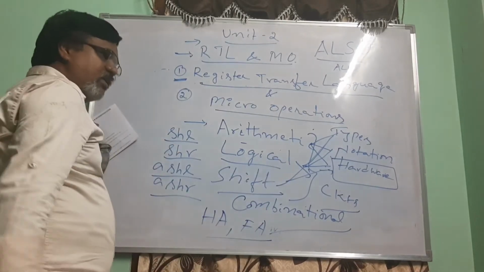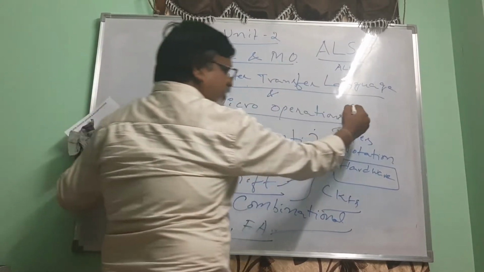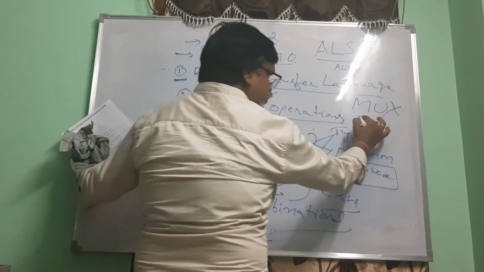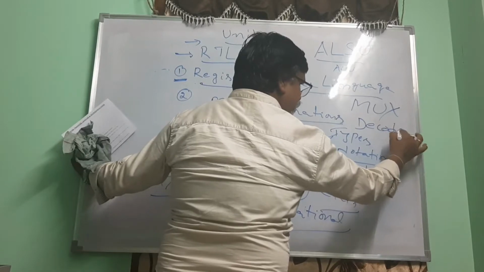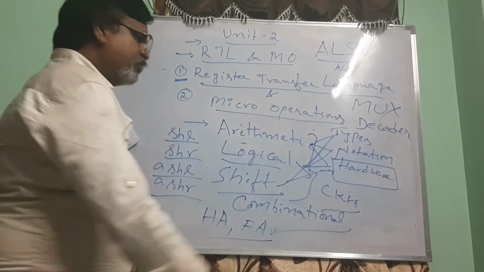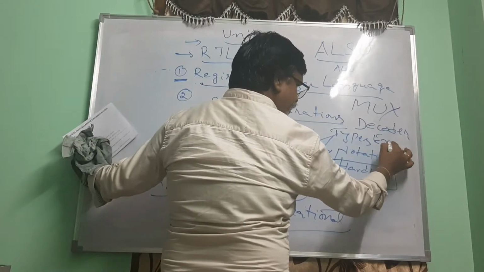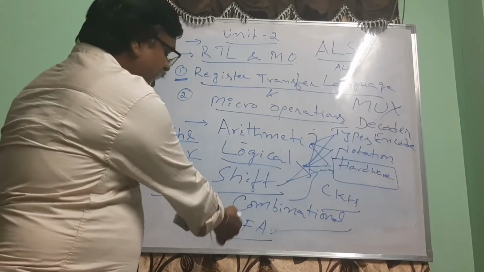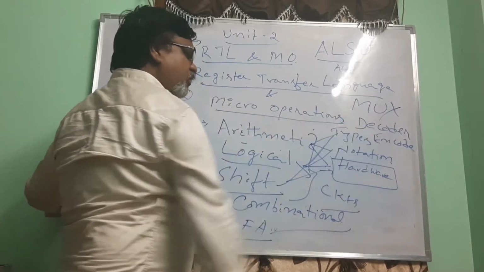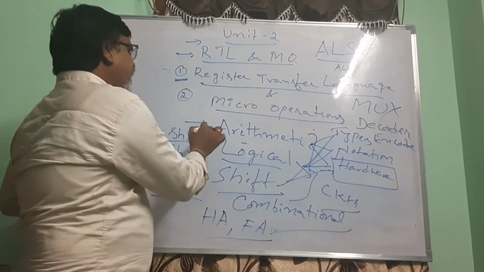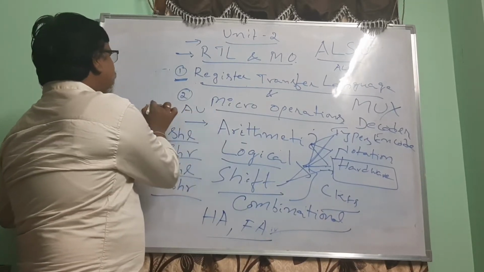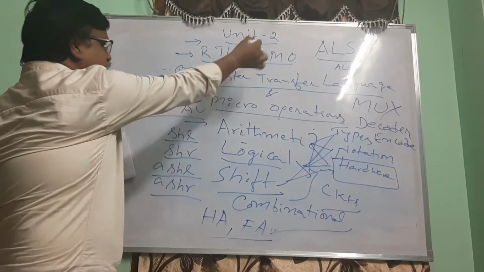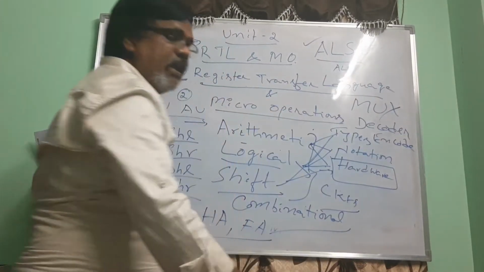With the help of these half adders and full adders, and I think you might already have discussed some multiplexers, decoders and encoders, we will design circuits using all this hardware: half adder, full adder, multiplexers, decoders and encoders. We will design a circuit for an arithmetic unit, a circuit for a logical unit, a circuit for a shift unit, and collectively together we will design one ALU also.